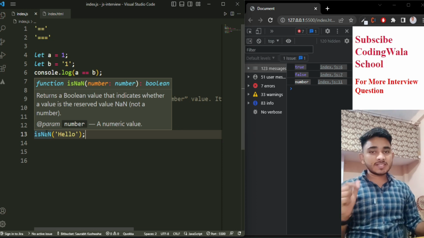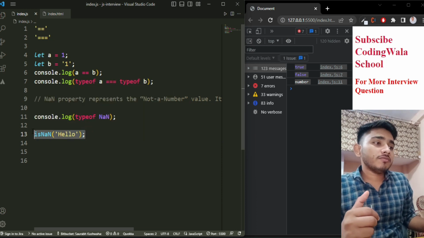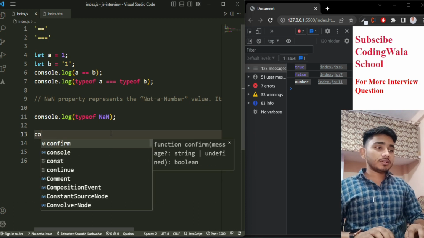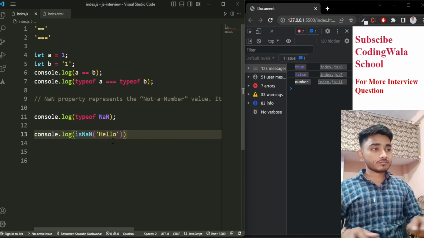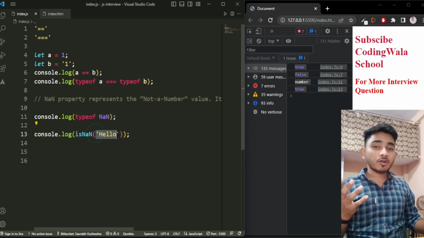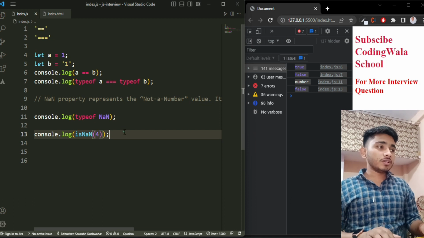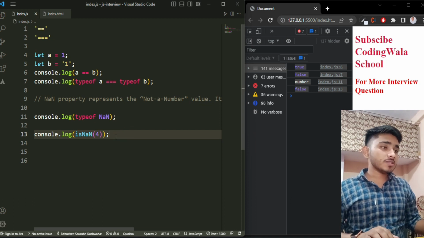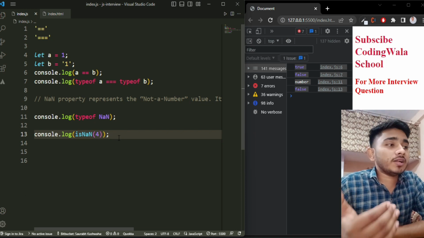Or so it's going to return some things, right? So if we talk about that, what will be the output of that? We can copy this and inside the console.log check what will be the output. The output will be true, because a string is not a number. If I give the number 4 here, the output will be false, because it's a number. I hope you get the difference between the not a number,